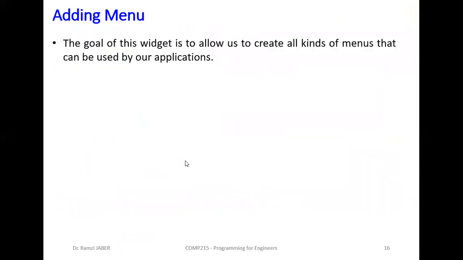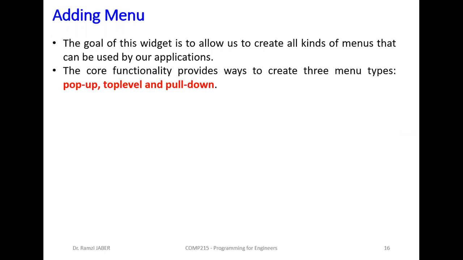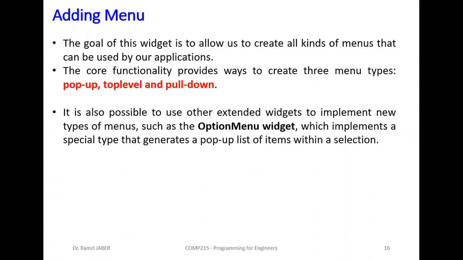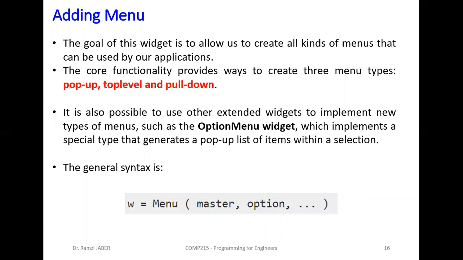Good. Now, adding menu, some additional features of menu. The goal of this widget is to allow us to create all kinds of menus that can be used by our application. The core functionality provides a way to create 3 menu types: pop-up, top level, and pull down. It's also possible to use other extended widgets to implement new types of menu, such as the option menu widget, which implements a special type that generates a pop-up list of items within a selection. The general syntax is,